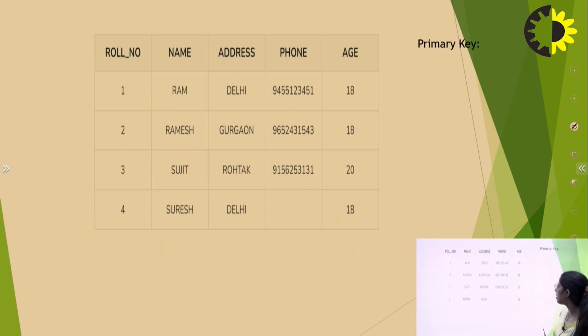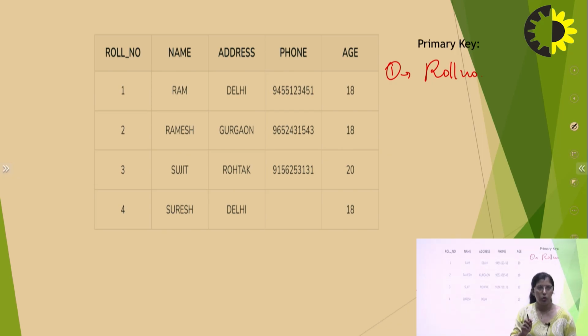Here, if we have the same example, then in this case, we have so many super keys, but in roll number, only roll number itself can identify each and every row of this database. We don't need the name or address attribute along with roll number to find each row. So, here we can have primary key as roll number. This is the first primary key in this table.